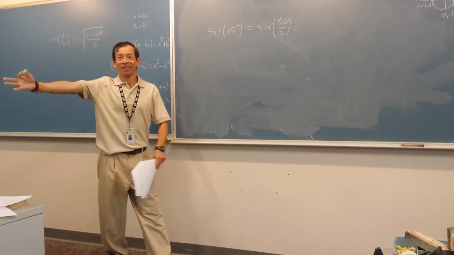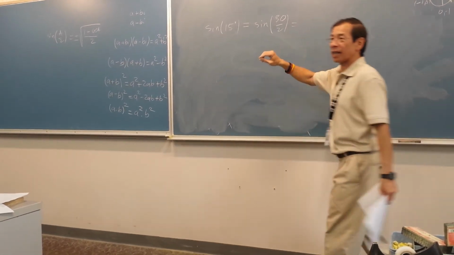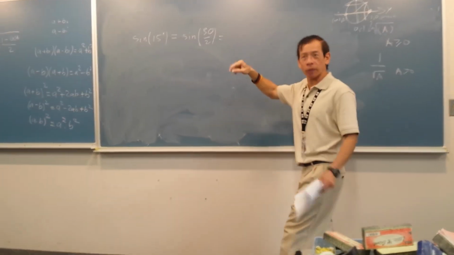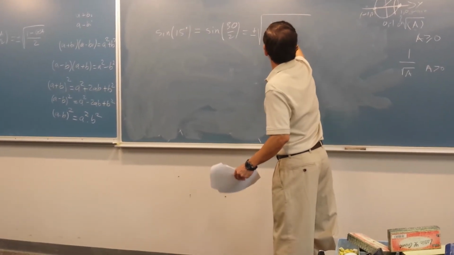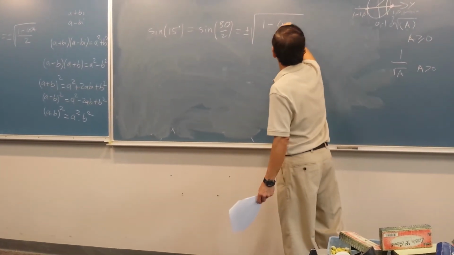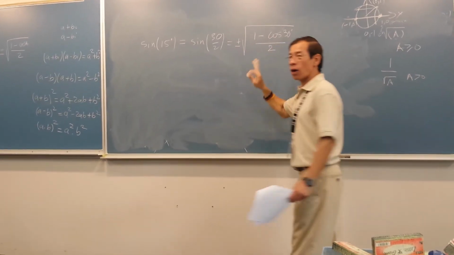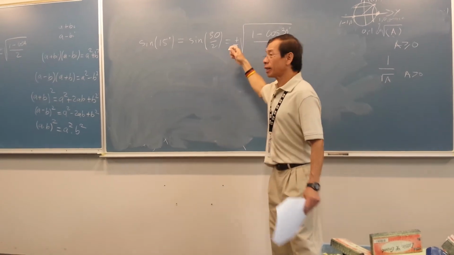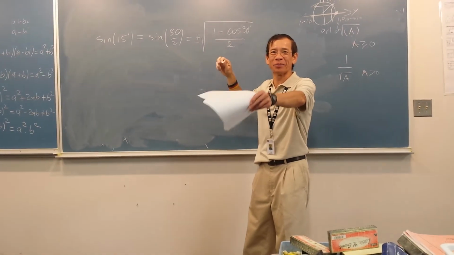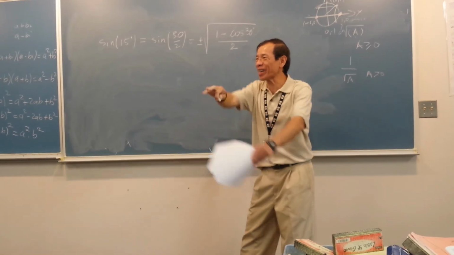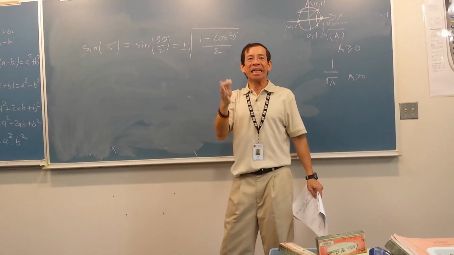So we have the formula. How do you apply that formula over here? It's plus or minus the square root of 1 minus cosine of 30 degrees, over 2. Okay, now here's a question: change cosine of 30 for the formula here. Why is it a plus? Why do we eliminate